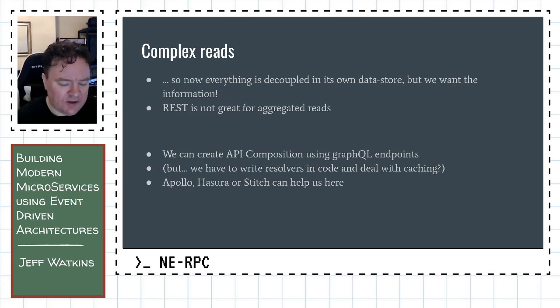Complex reads are also an interesting one, because if everything's decoupled in its own data store, we might be making hundreds of calls off a single page. REST is also just not great for aggregated reads, and you have to do a lot of wiring under the hood. But what we can do is use something like GraphQL, because GraphQL is great for API composition, but it in itself will rely on things like a consolidated read store, because you don't want to be doing a lot of